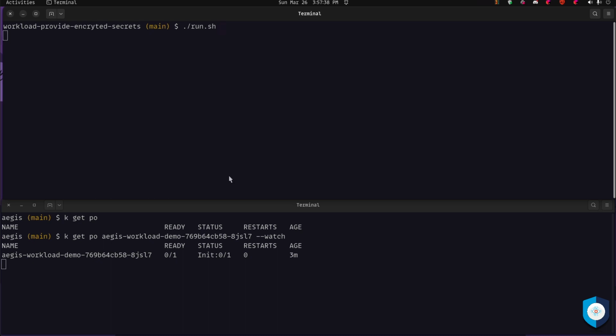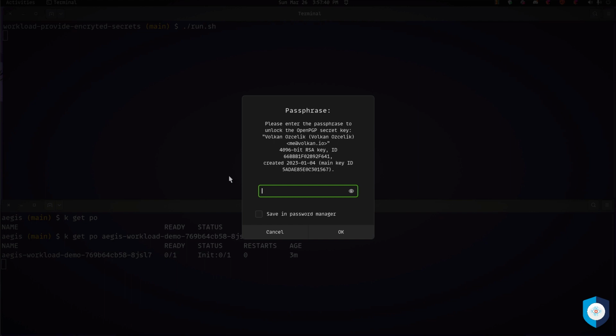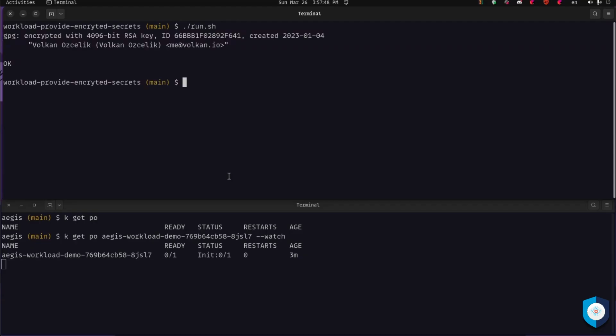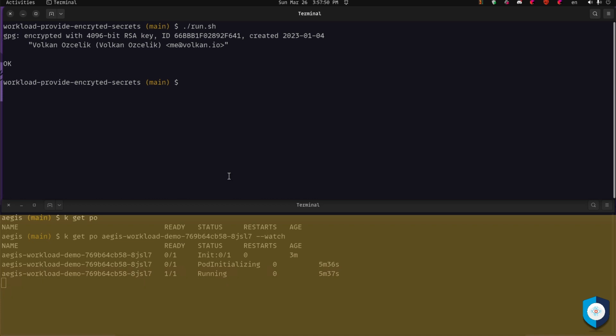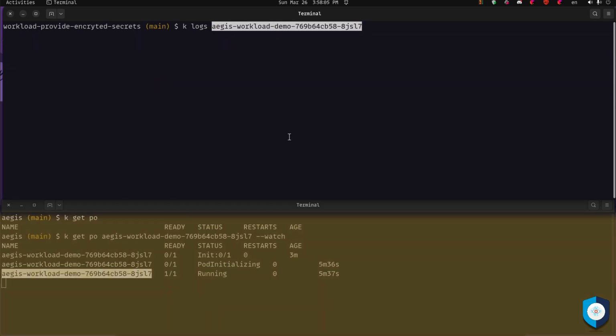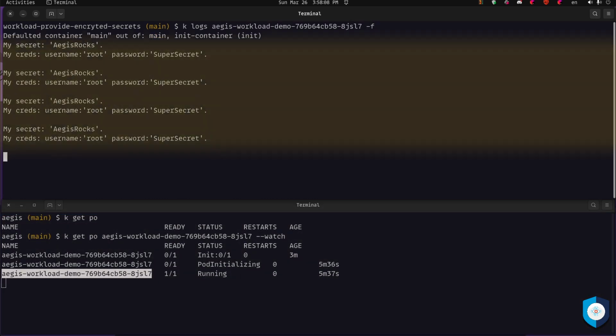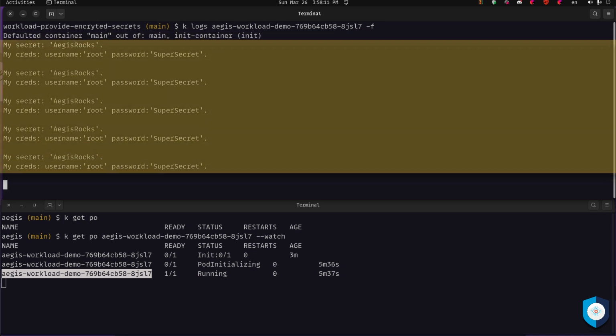So let's execute run.sh, and it will ask for a password for an added layer of security. And when I provide the password, the script will be decrypted and executed, and almost immediately you'll see that the pod down below start initializing and then running. And when we tail the logs of the pods, you can see that it has happily received its secrets,